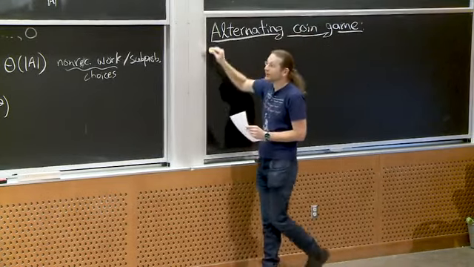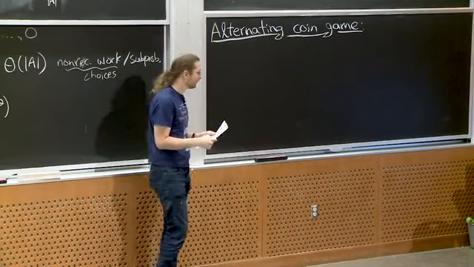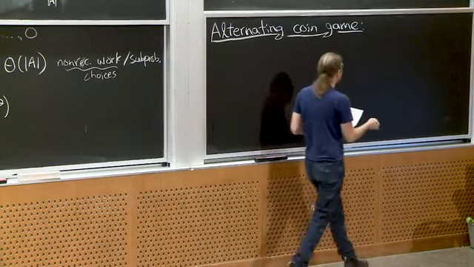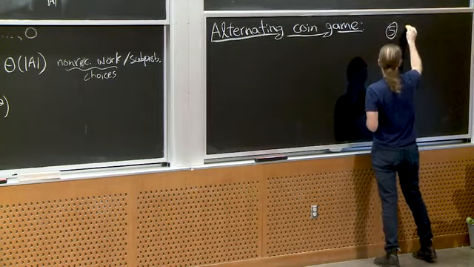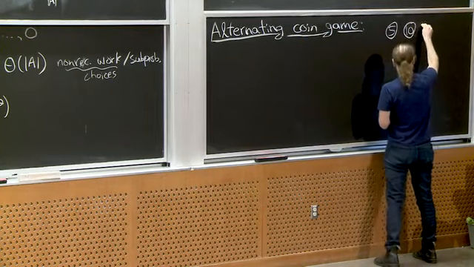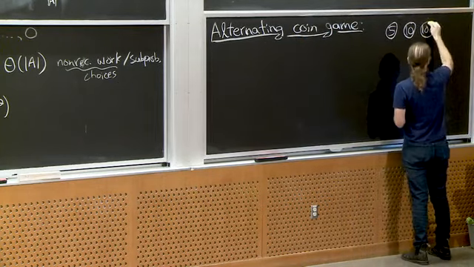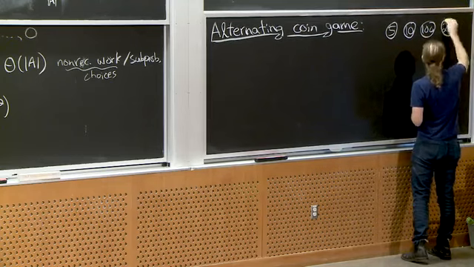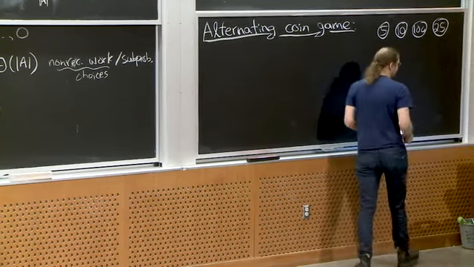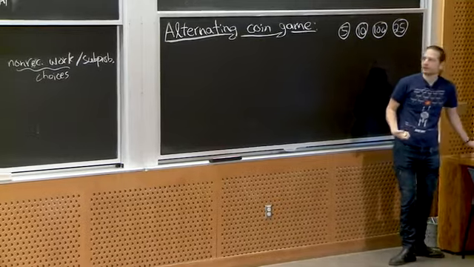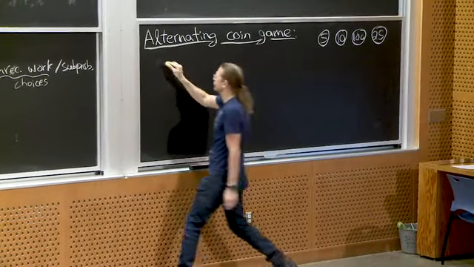Alternating coin game. This is a 2-player game. We're going to find the optimal strategy in this game. So an example is, in general, you have a sequence of coins. And we have 2 players. They take turns. So given